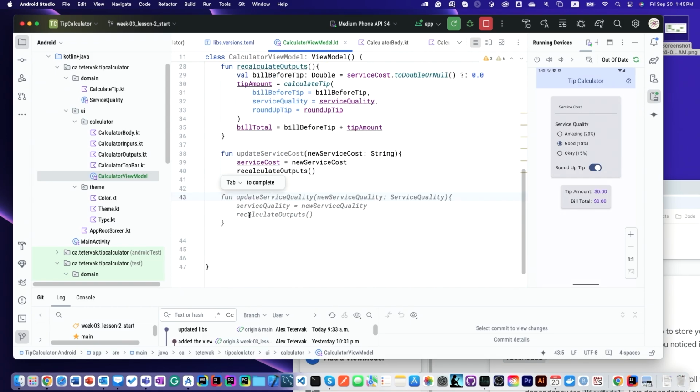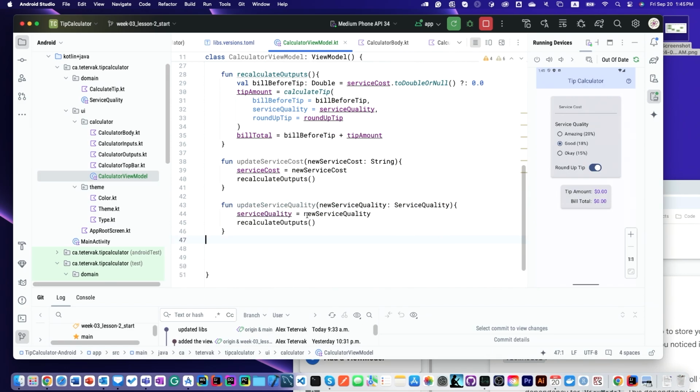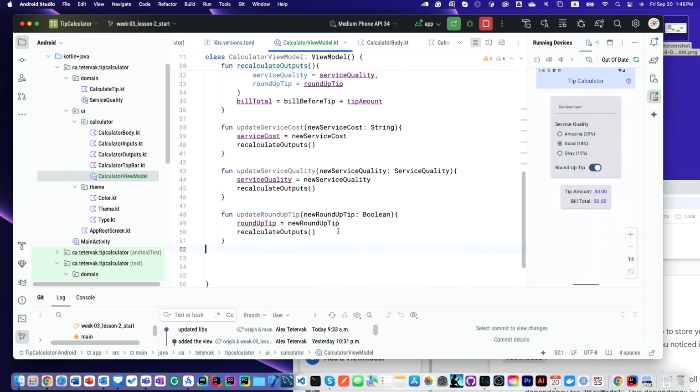But when I set it, I need to recalculate outputs. So this is why I have update service quality, also service quality, new service quality, and recalculate outputs. And the last one is about tip: update roundup tip, new roundup tip,